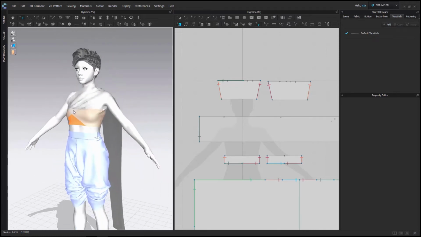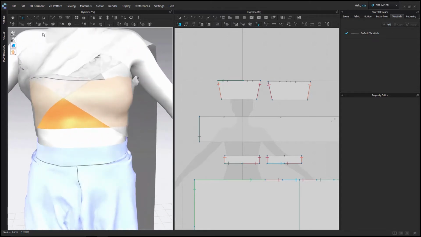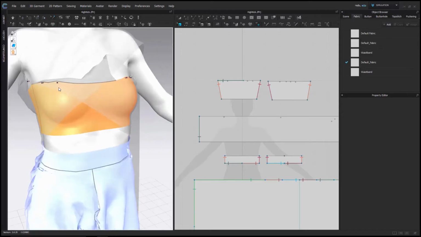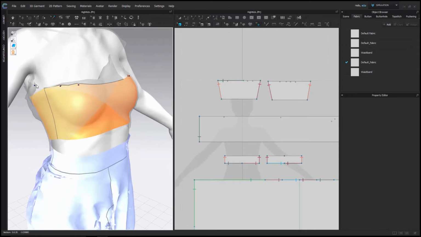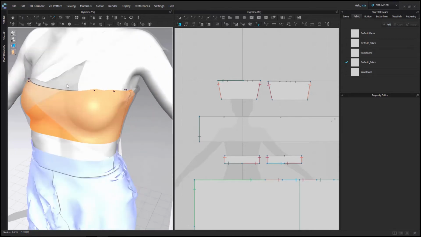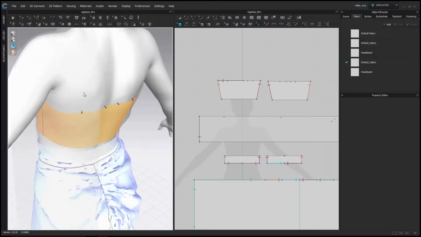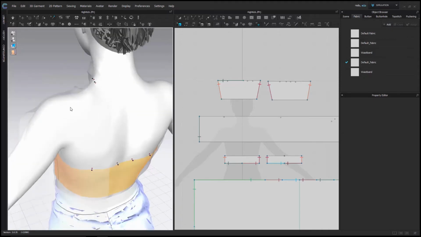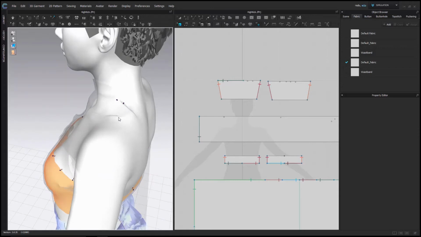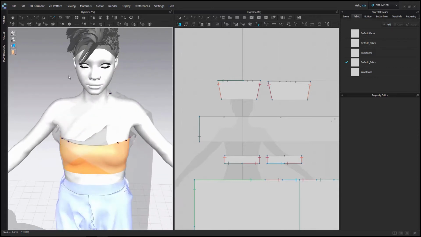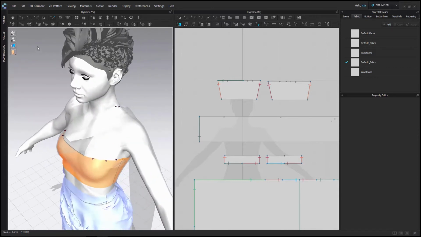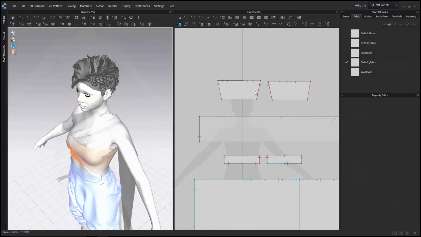So that was really just a case of draping, pulling and tugging the fabric in its simulated form, and again, pinning it to the character. Got 1 pin here on the right side, right under her right armpit, another pin here on the left side. There are no pins going down the back, but there are 2 pins keeping it around her neck. So she's got 2 pins right there in her jugular.